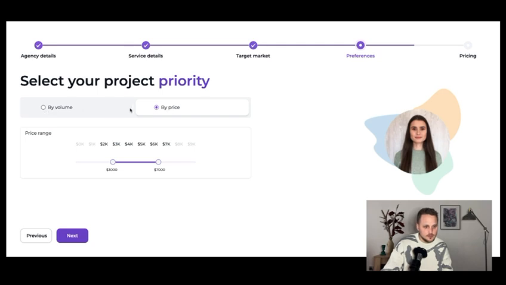Right here, we can set it up by price. This is the project priority you have from $1,500 to $800. It depends. You can unbold the scope. You can make it little, but I would rather make it as big as you can to get the most projects on. If you don't want to get little ones, don't